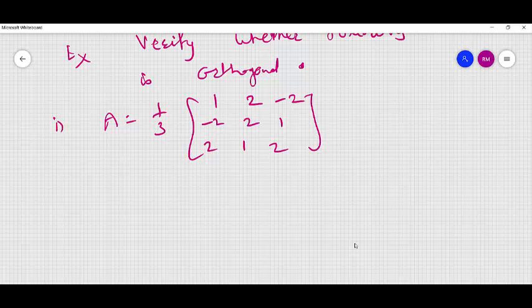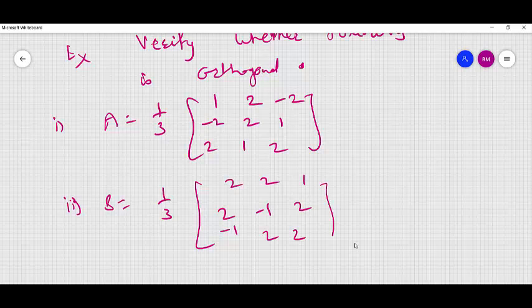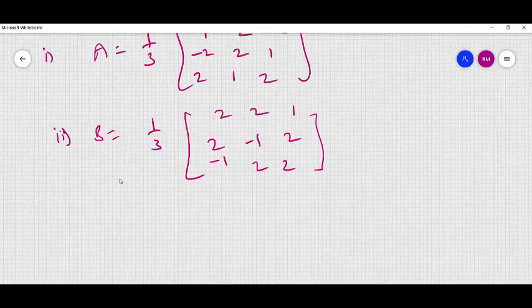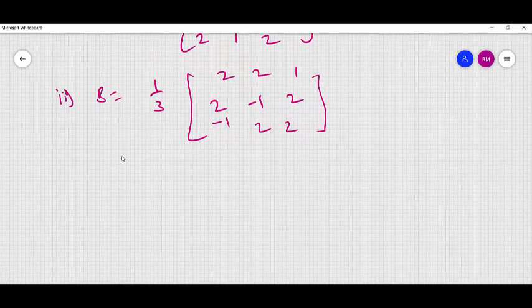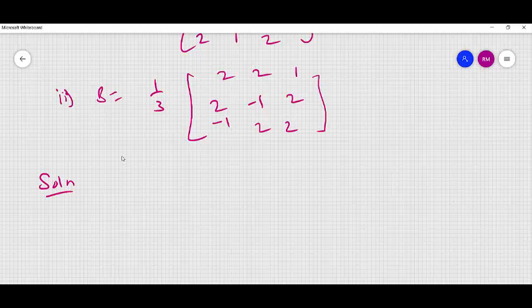This is the first example. Second problem is B equal to 1 by 3, 2, 2, 1, 2, minus 1, 2, minus 1, 2, 2. So there are two problems. Solution. First,